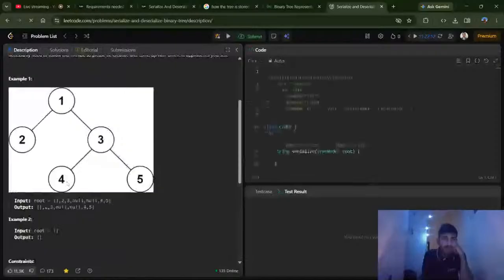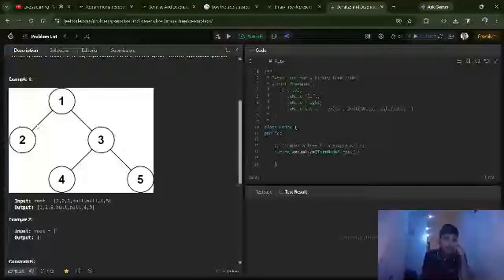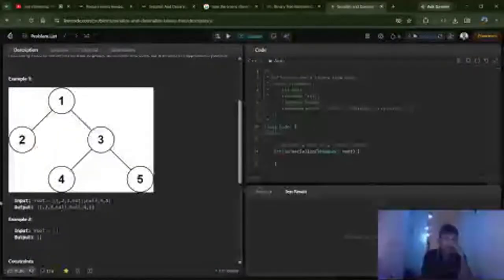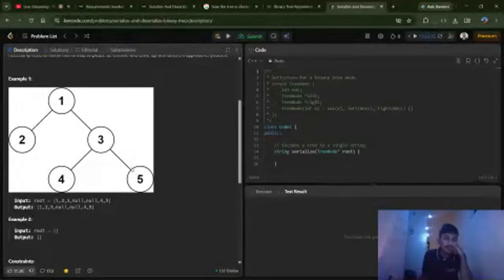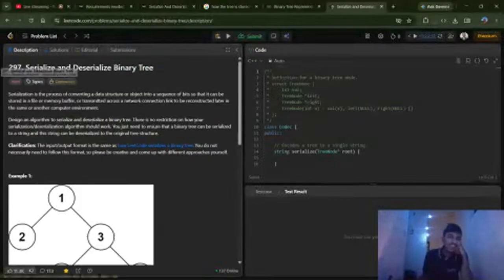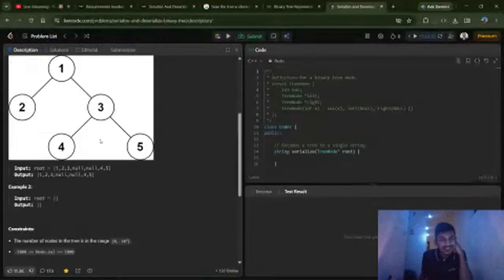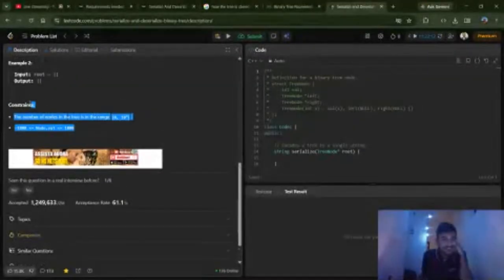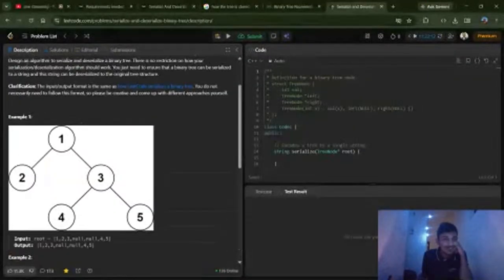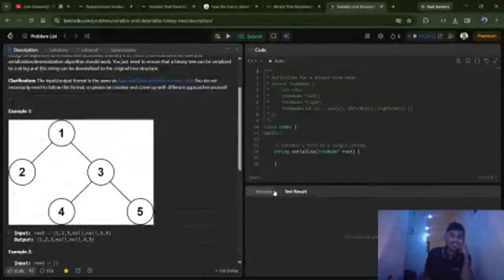One, two, and null, null, then three, one and three, null, four and five. I don't know why this is so hard. There can be some trick in this question. No, but why is this hard? It is so easy. Okay,